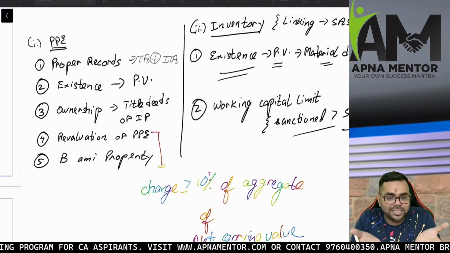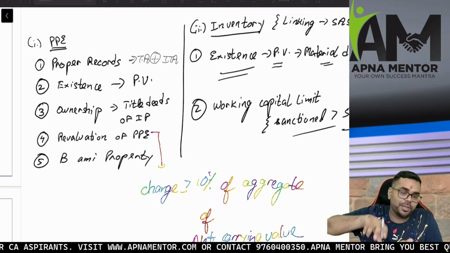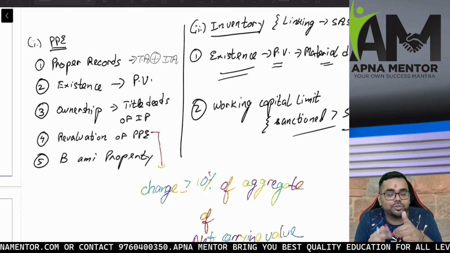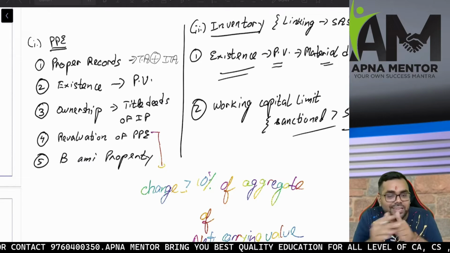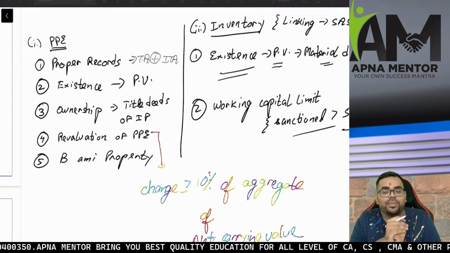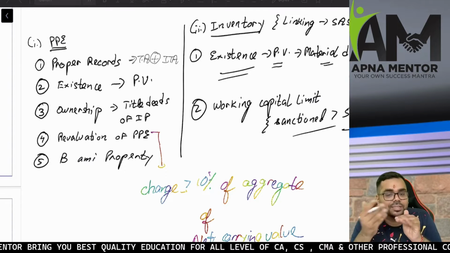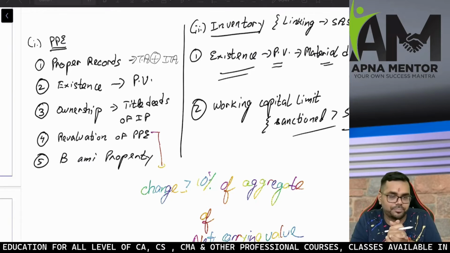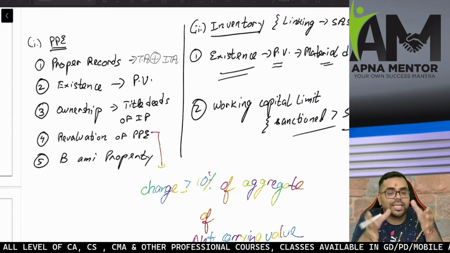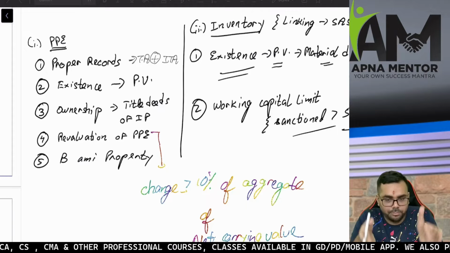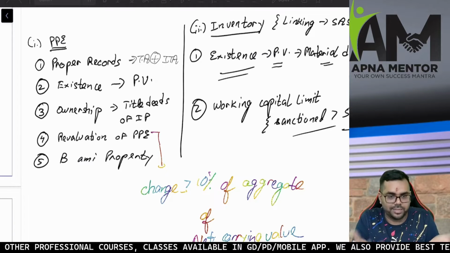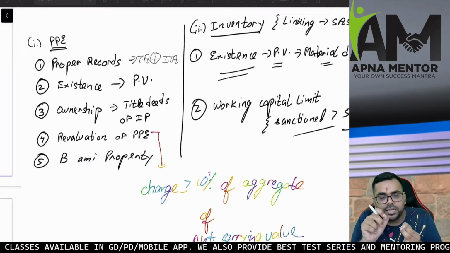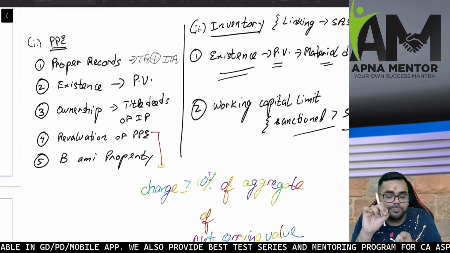Then I need to ensure the existence of PPE. The company has shown so much of PPE in the balance sheet, but whether that reality exists. For the existence, I need to ensure whether physical verification is done on a regular basis by the management. And on the physical verification, whether any material discrepancies are there, and whether those discrepancies are properly dealt with. Thirdly, I am concerned with immovable properties. Because the immovable properties are very material. It's a very material PPE for any kind of entity. I am going to be particularly concerned whether the title deed of immovable property is registered in the name of my client or not.